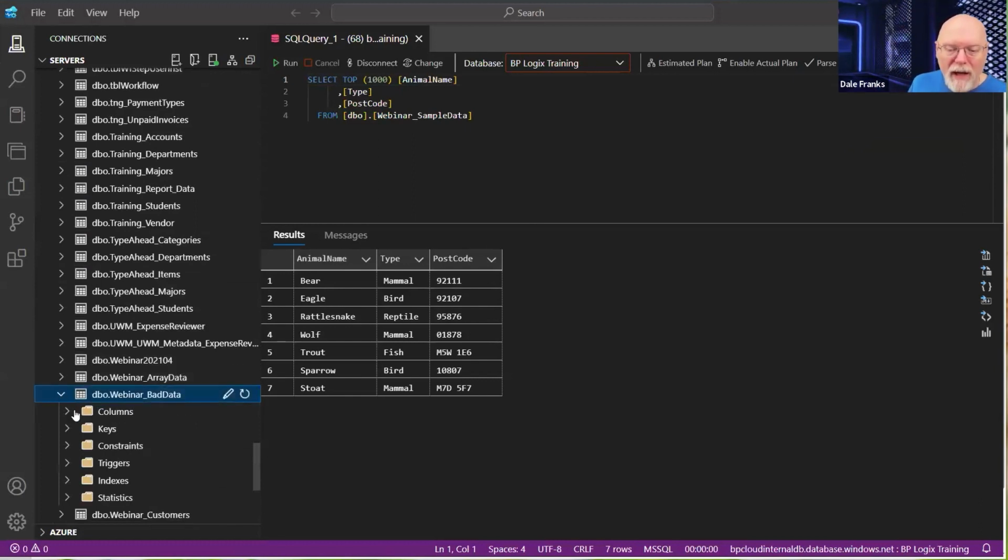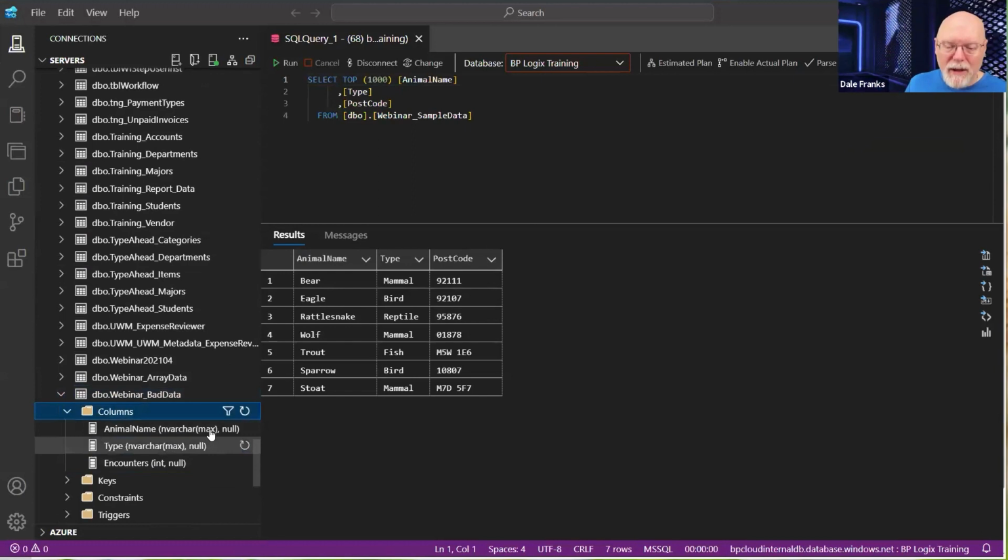We have a table. We've got columns. They're all nvarchar max. Oh, encounters is an int field. Because it was a shorter digit, it went ahead and went to an int field rather than a numeric or a double field. I don't like the nvarchar max, but we're just playing around with stuff now.